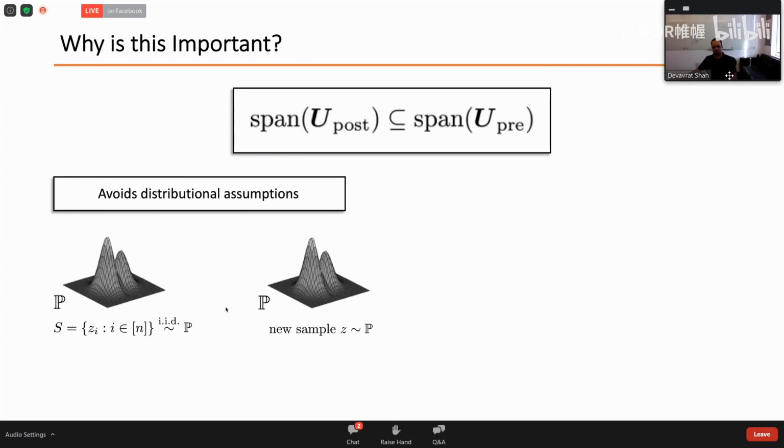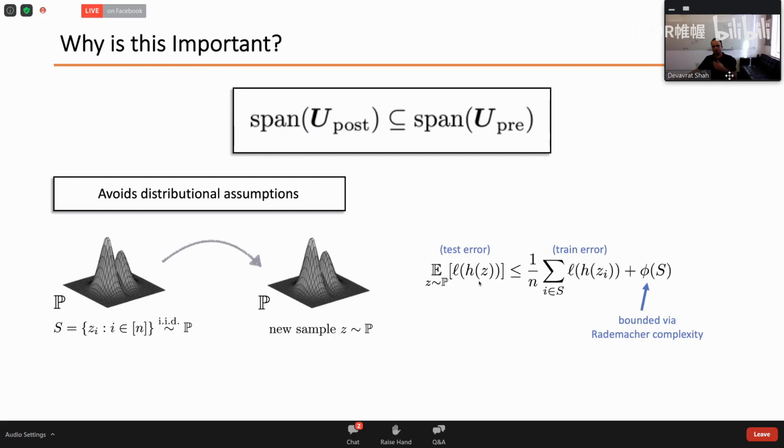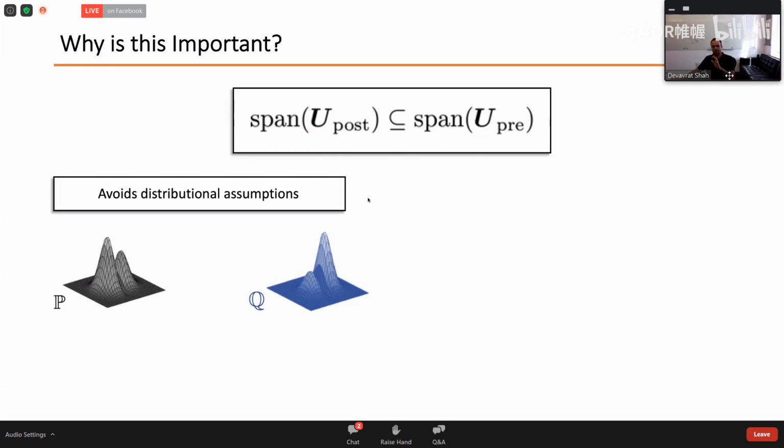For example, in traditional generalization theory, one would argue that your generalization error is the training error plus some bound that you would obtain based on the model class. Here, because pre-intervention and post-intervention are completely different distributions, we might not have that as a luxury, but this kind of condition allows us to argue the generalization without much problem. Okay, and if time will permit, I will talk about this as I talk about some of the theoretical results.